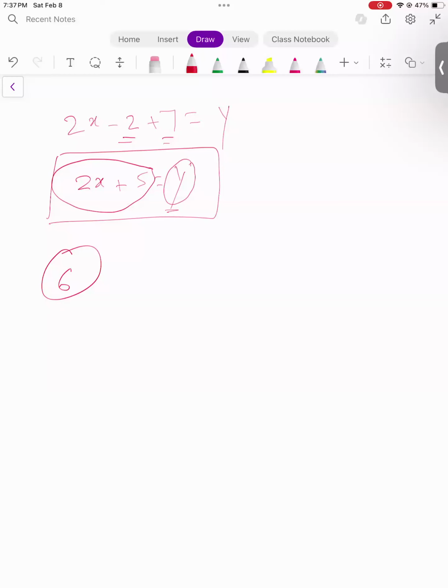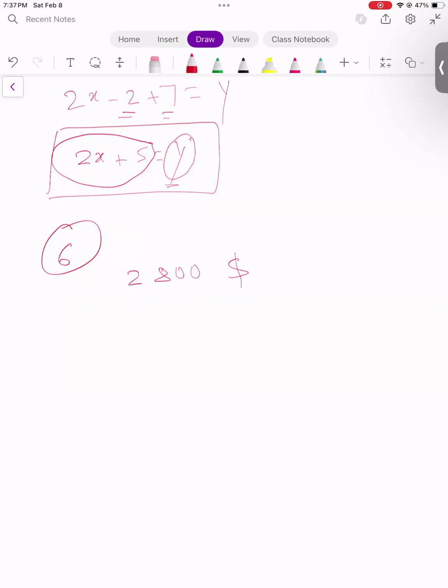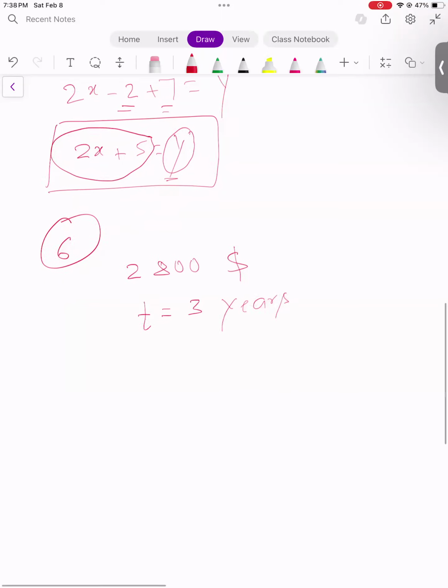So you took a loan of $2,800 from a bank, and you returned this loan in 3 years. It means the time you took to pay back is 3 years, and after 3 years the amount you paid back was